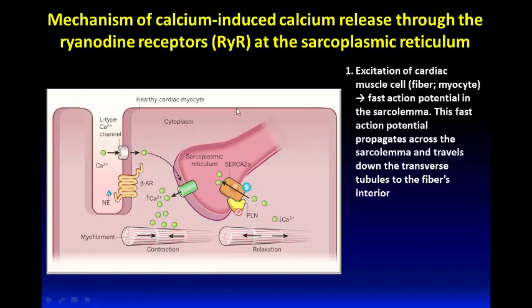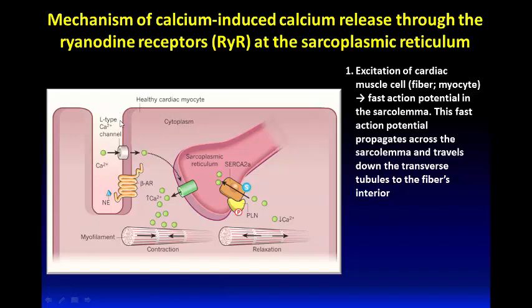So when a myocyte is excited by a cardiac stimulus, by a cardiac impulse originating from the sinoatrial node and reaching the myocyte through the specialized conduction system of the heart, the myocyte responds electrically by generating a fast action potential in the sarcolemma. So this is now a fast action potential generated in the sarcolemma. This fast action potential propagates along the sarcolemma